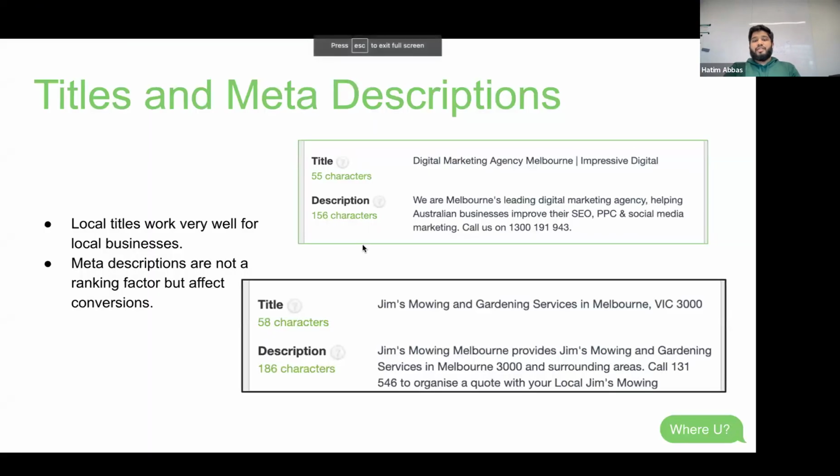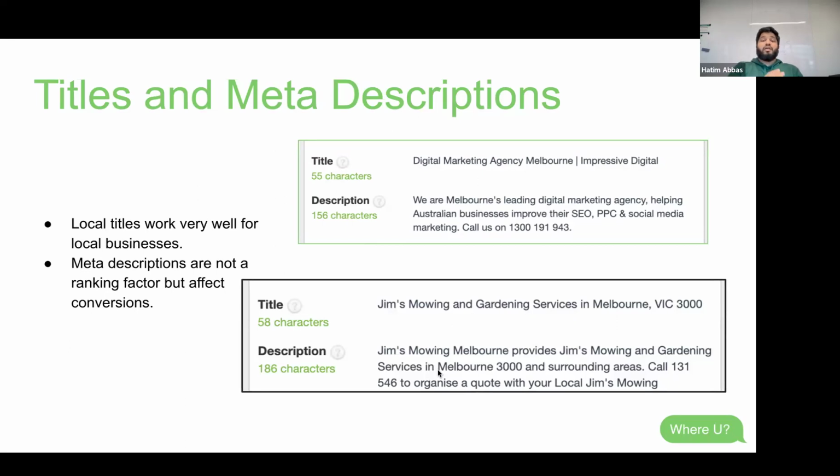All right. So here's an example of some companies that actually use a lot of their location information in titles and meta descriptions. Impressive digital marketing company based in Melbourne. They've got a very good title. They've got Melbourne right in that area. They've got Melbourne again in the meta description. And similarly with Jim's Mowing, you've got Melbourne right in the title,